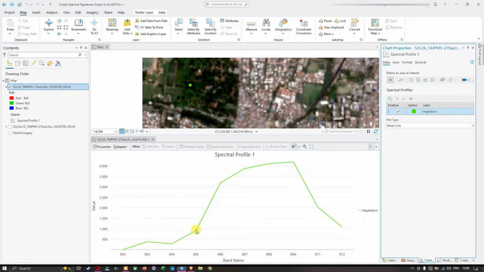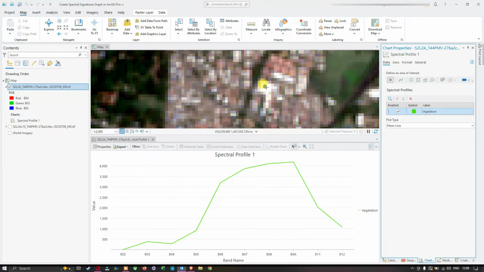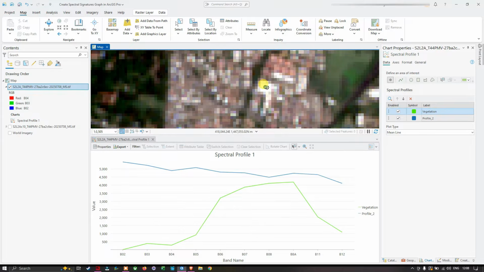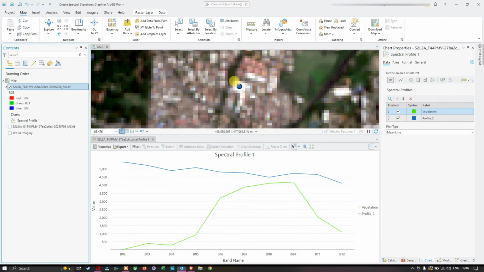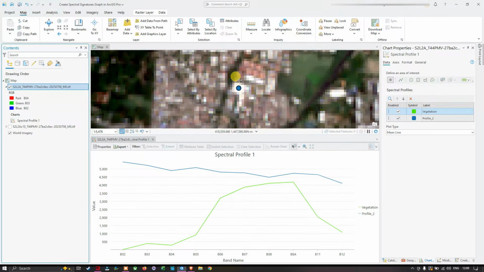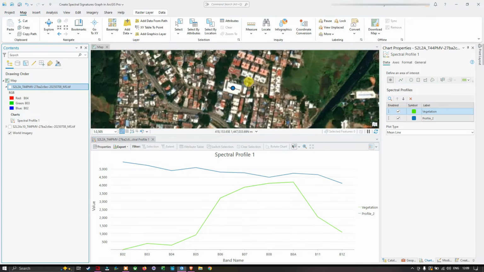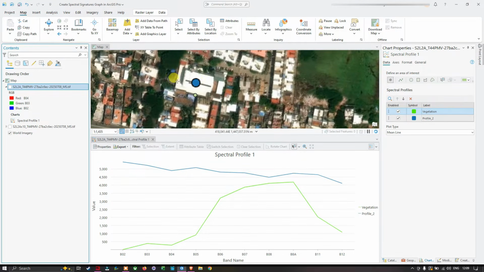Similarly, let us focus on the built-up areas. For example, I'm going to navigate to this particular area. So I'm going to place a point here. And this is the built-up area. You can also check with the base map here. So I'm going to turn on the base map, zoom into this area, and turn this image off. You can see this is a built-up area, a building. Clearly, from this spectral profile, it has a very high reflectance value in almost all the